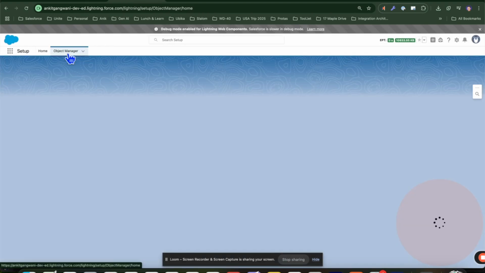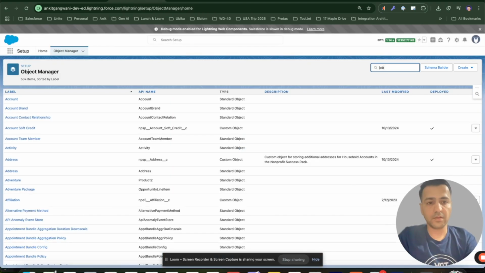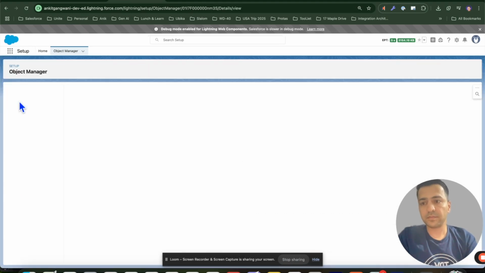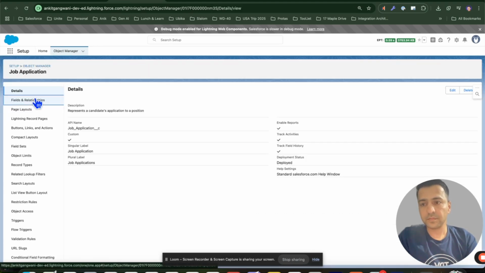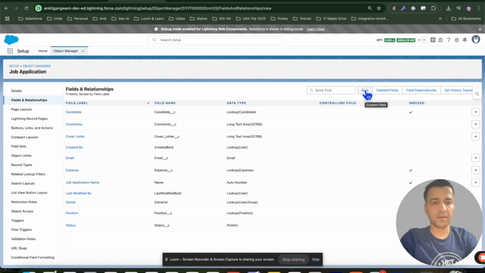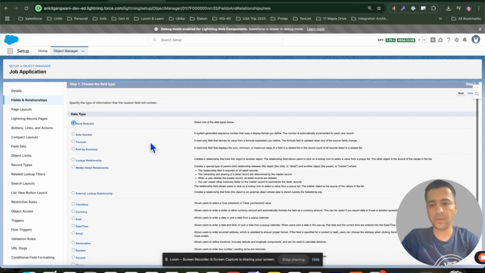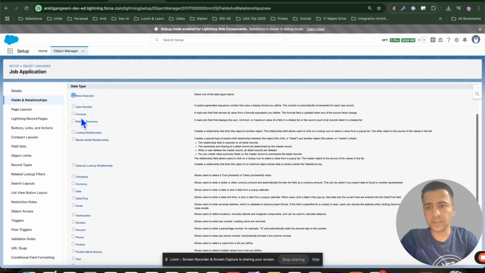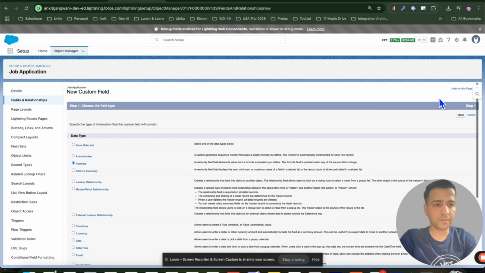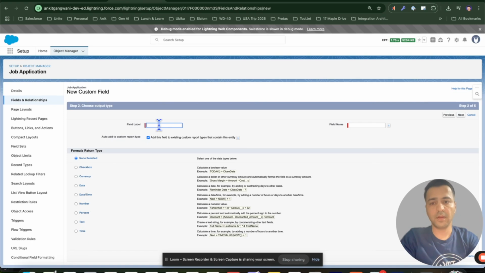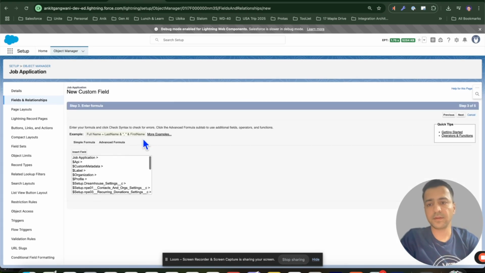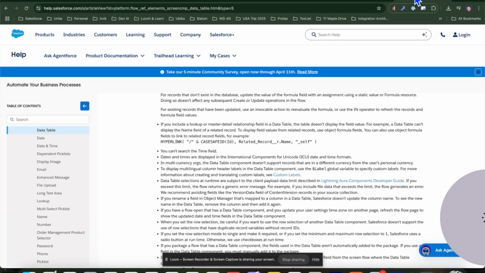So let's go to object manager, job application, fields, new, let's say formula. Next, I will name it as candidate name, text, next, and I will copy this from here